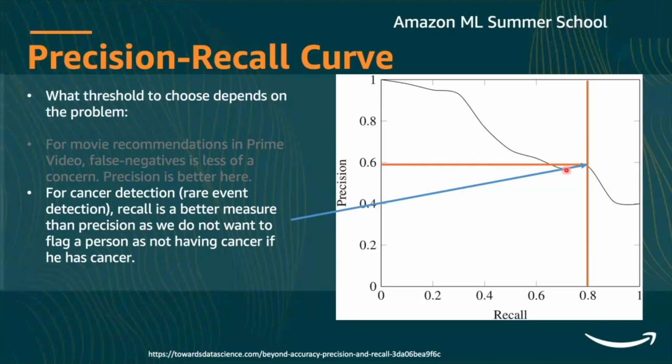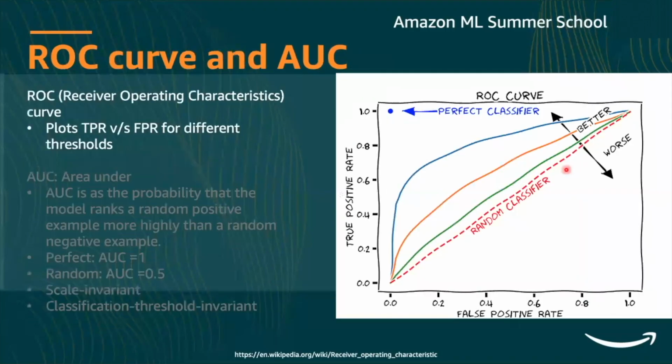Because even if you flag somebody as having cancer, you can go for another round of tests, and it would be nullified there, even if the person doesn't have cancer. Okay. Now, there's another metric known as the receiver operating characteristic curve, or ROC curve. And then I'll also talk about AUC. The ROC curve is a graphical plot, as shown here, that illustrates the diagnostic ability of a binary classifier system